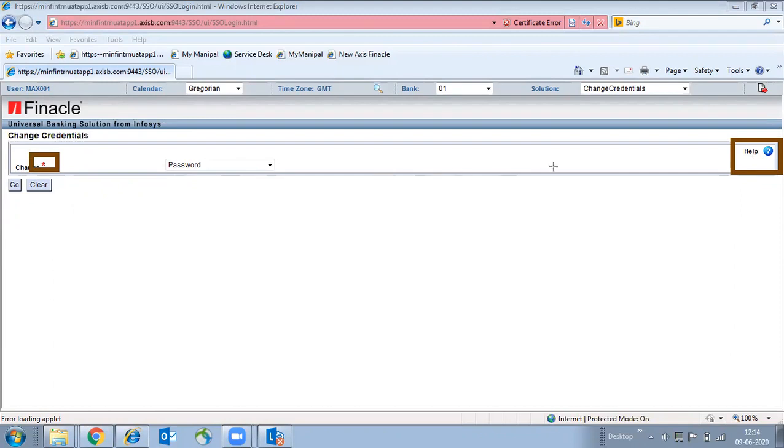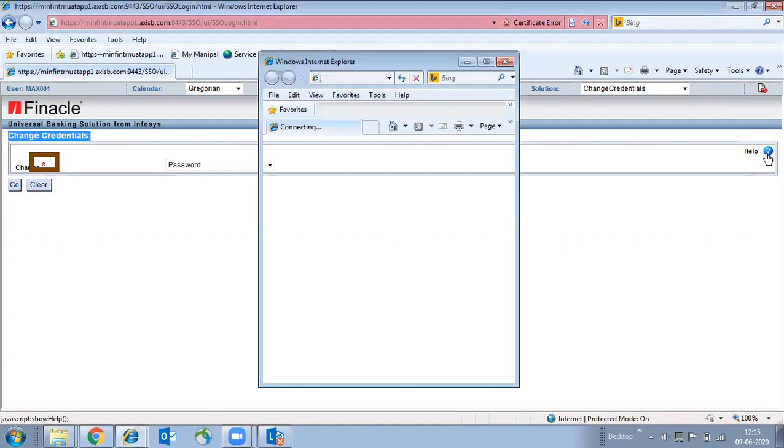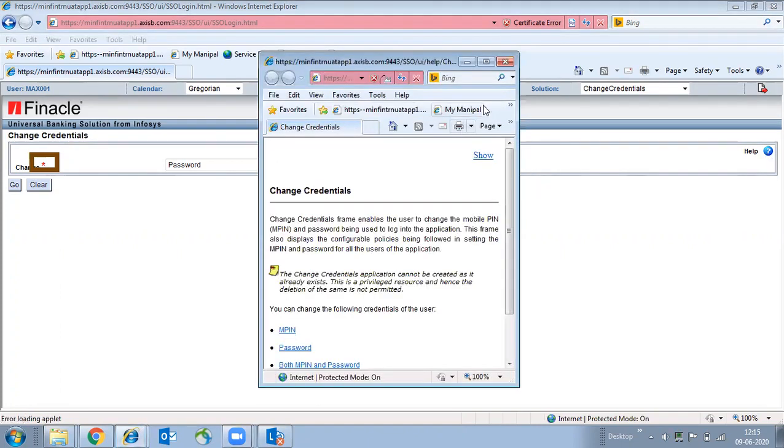You just need to go to help, click on the help. How do you click on? Just look at the screen. This cursor pointer, as soon as you take it to help, it will become an HTML hand. Click on the question mark help, and Finacle will give you